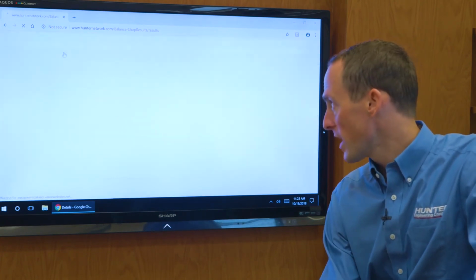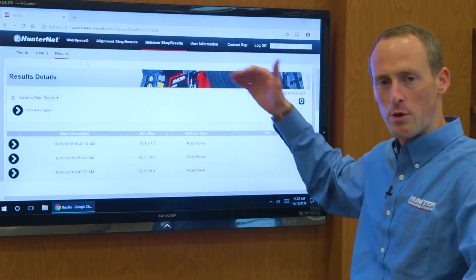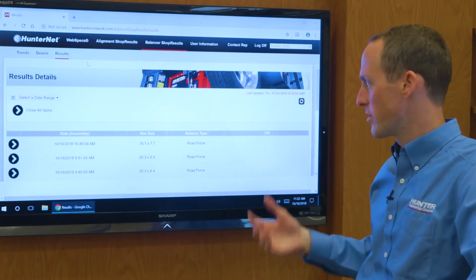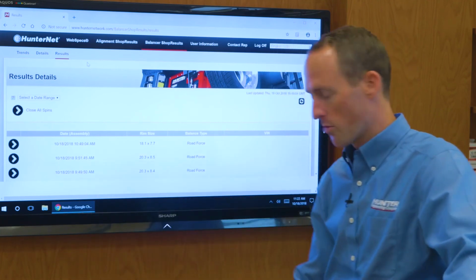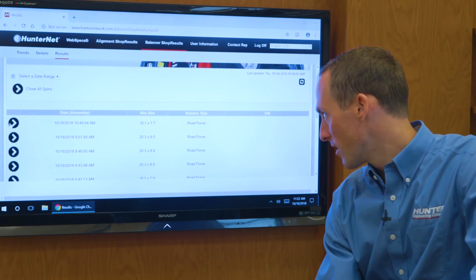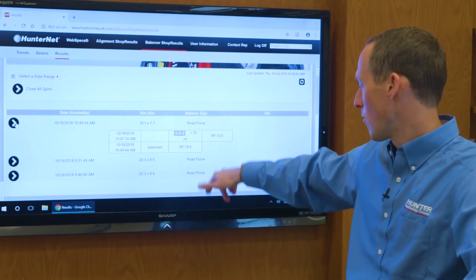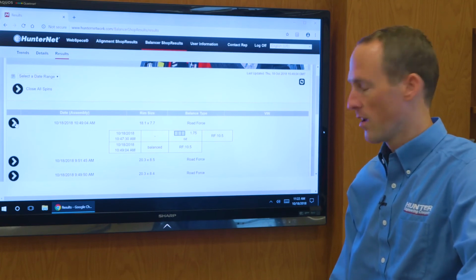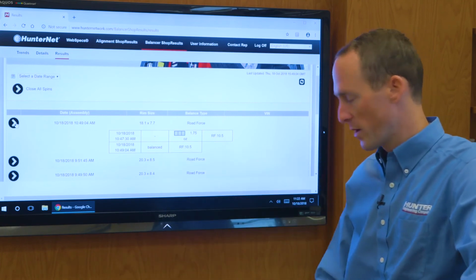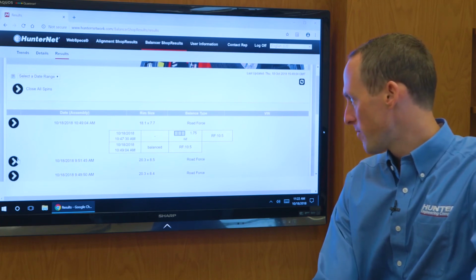Next we have the results tab, and this is actually a live assembly-by-assembly feed of what's happening in the shop. So today is October 18th, 2018, and we can take a look at the last assembly they did. It looks like they used a tape weight and the road force value was 10.5. And then of course we have our balance spin. If I go to another spin here,